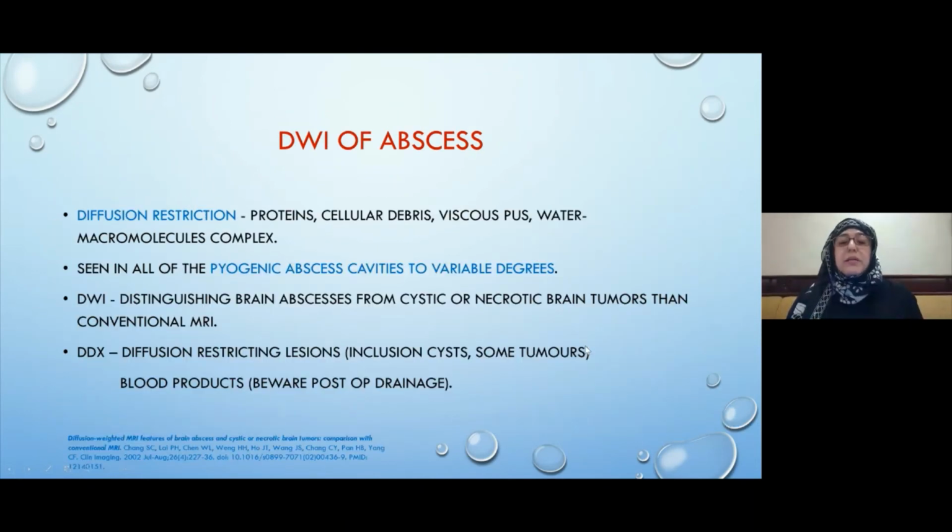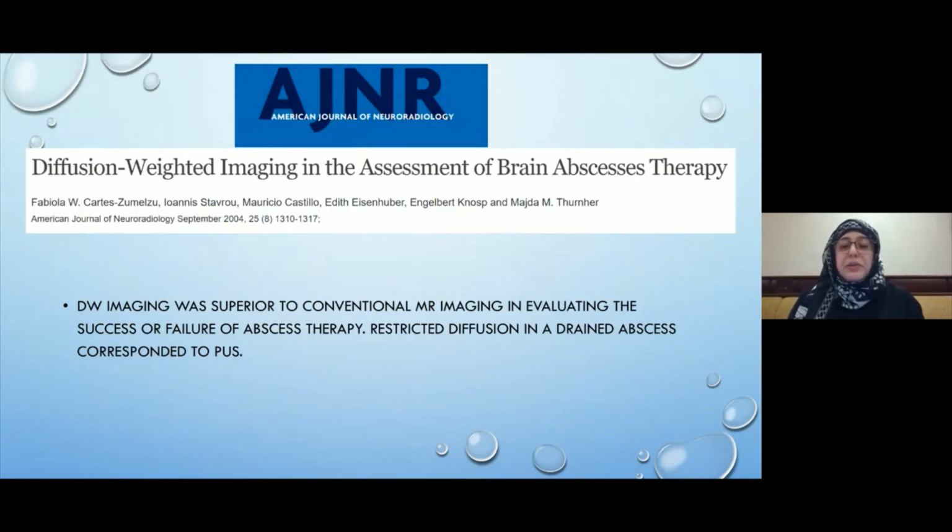However, it is known that diffusion weighted imaging is the best, or one of the best, sequences that differentiates brain abscesses from other cystic brain lesions. The restriction can be to a variable degree, and this sequence can be used in monitoring